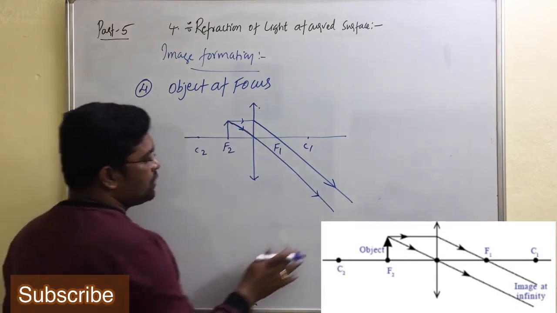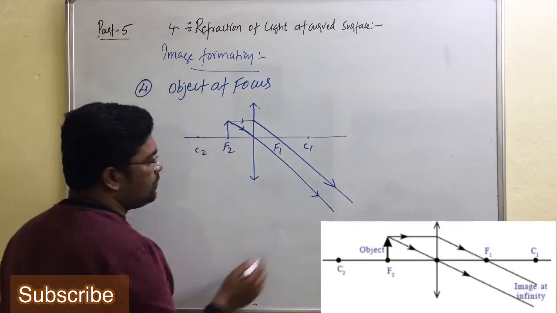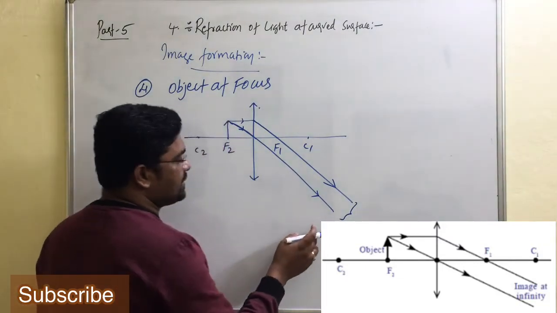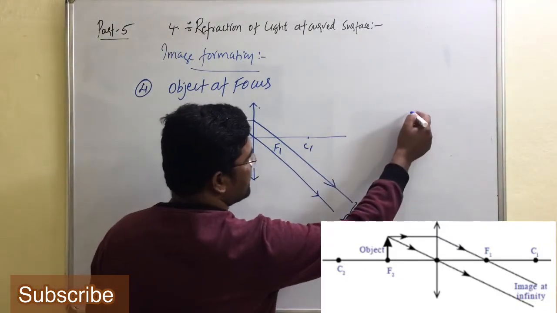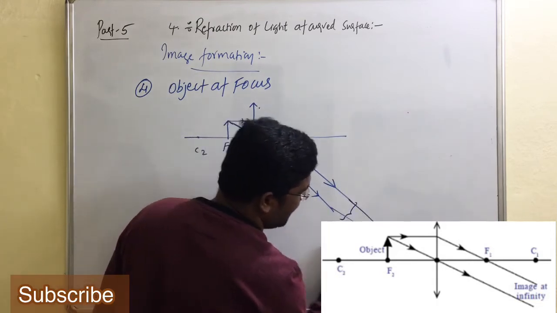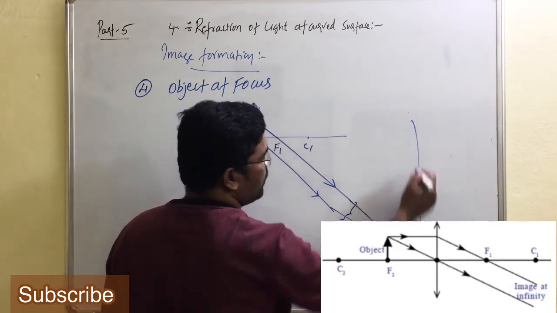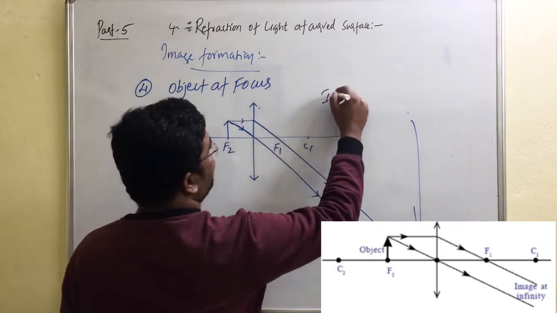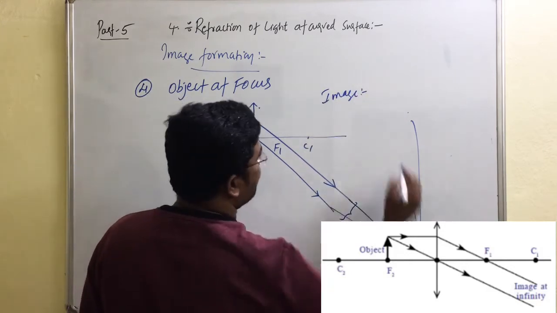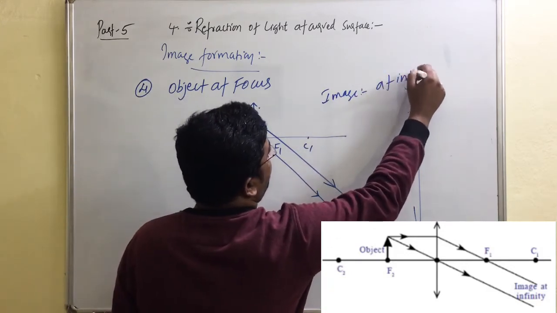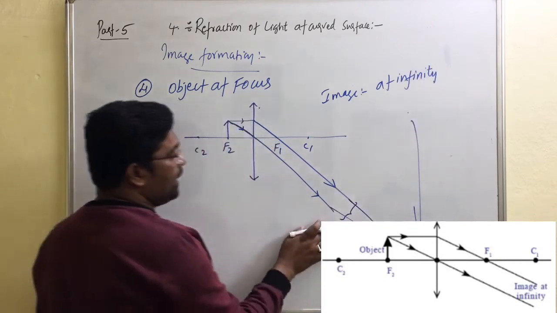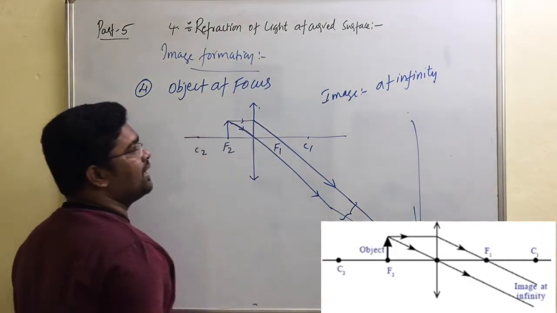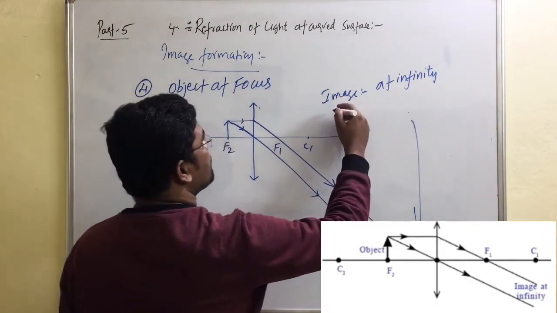Clear for everyone, children? So when object is at focus, we are getting parallel light rays. Okay, so parallel light rays, it means that they will intersect at far distance. For example, let us assume they are intersecting at far distance, at this distance. Okay, so when we draw a diagram, this is our image. So when object is at focus, we get image at infinity. Okay, at infinity. They are parallel light rays, right? It doesn't mean that they won't intersect. They intersect, but at far distance they intersect. That is the reason we give image position at infinity.